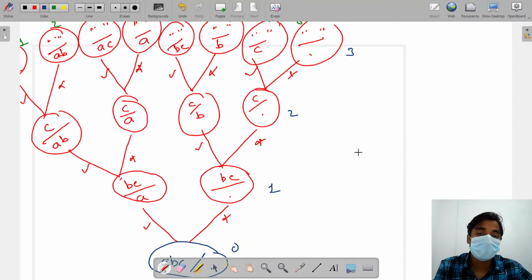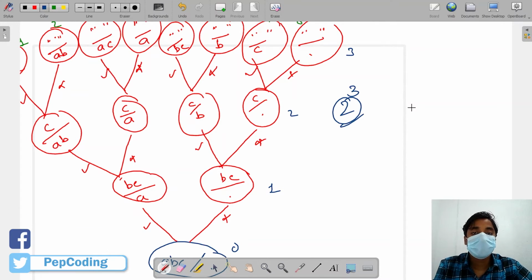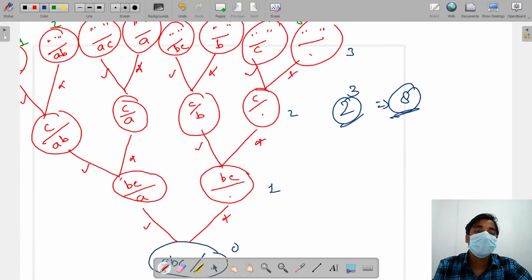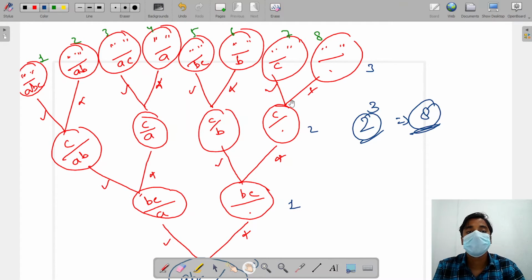This means the level is 3 with 2 calls. At each level, each function is calling 2 functions. So the answer is 8. This 8 shows that the number of subsequences will be 8.